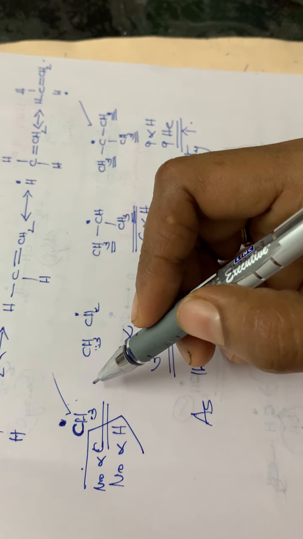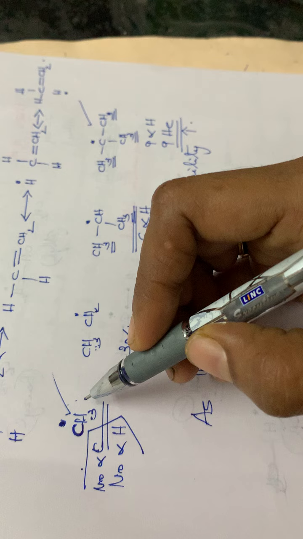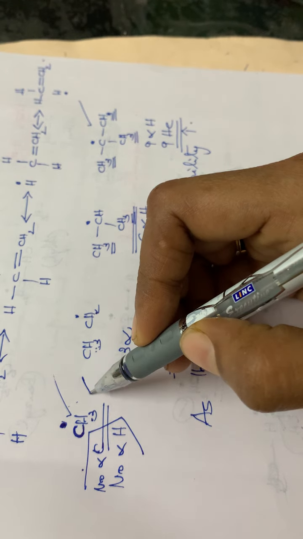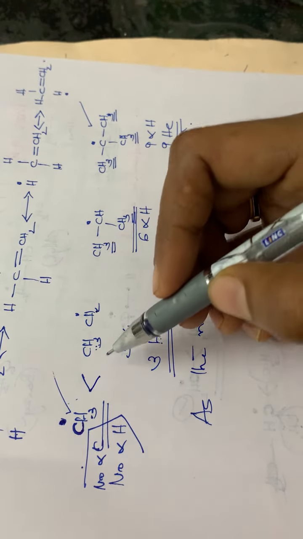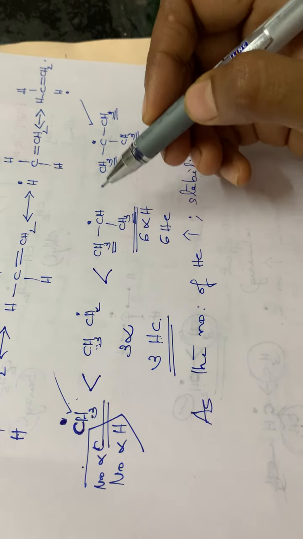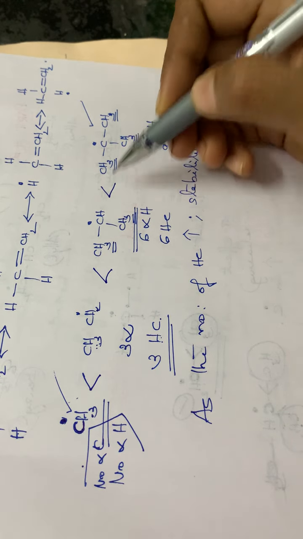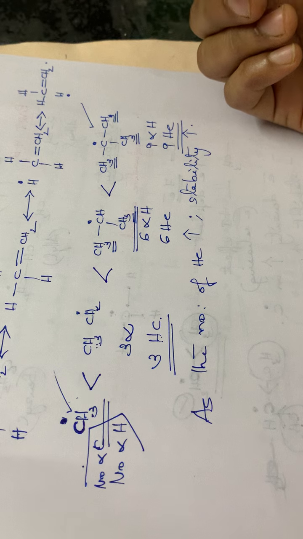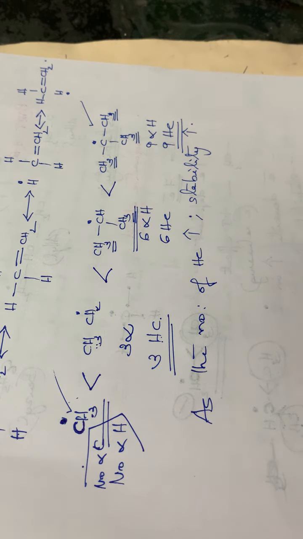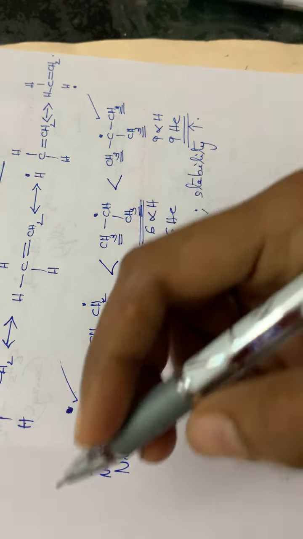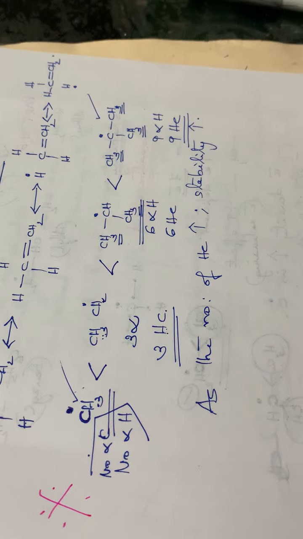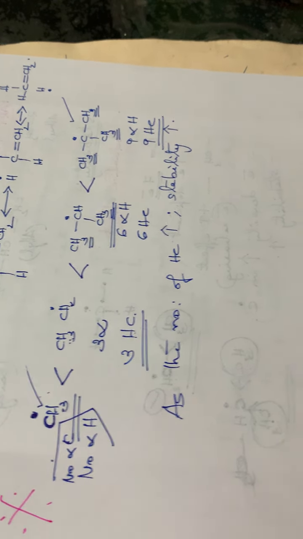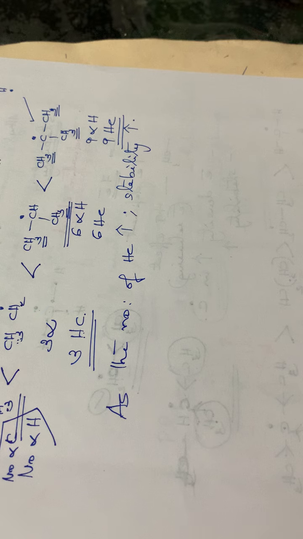So it will be like this. The arrow will be: CH3 free radical will be less stable than ethyl, which is less stable than isopropyl, which is less stable than tertiary butyl free radical. Okay. So this also is very, very important. You have to study this also. Okay. So in this chapter, there is no portion to omit. All the topics are important. You can have questions from any of these parts.